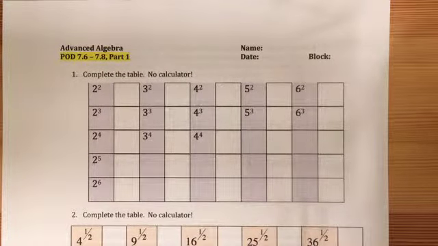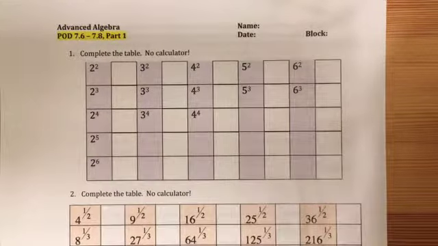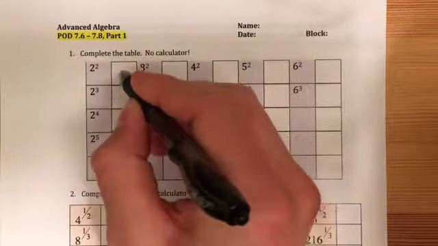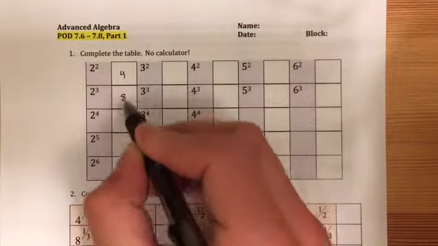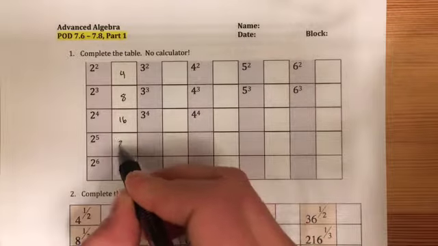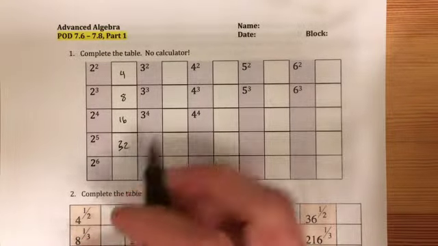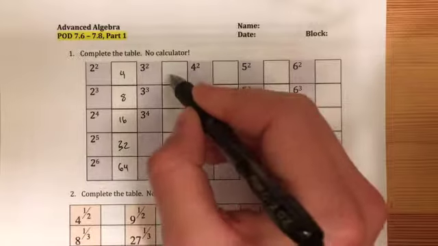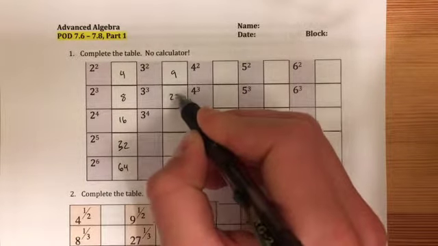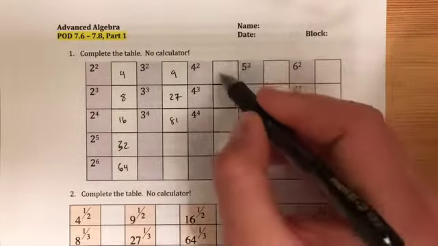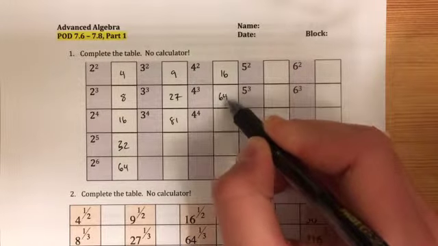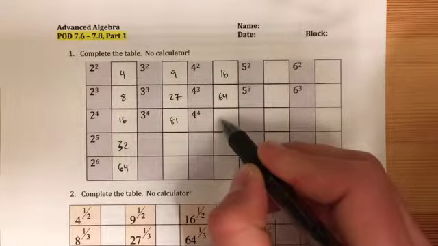So here we're going to extend our knowledge of exponents and also fractional exponents to get a little bit more comfortable with simplifying expressions. So this should be very quick, but 2 squared is 4, 2 cubed, 8, 2 to the 4th, 16, 2 to the 5th is 32, 2 to the 6th is 64, 3 squared is 9, 3 cubed is 27, 3 to the 4th is 81, 4 squared 16, this is 64, 4 to the 4th is,